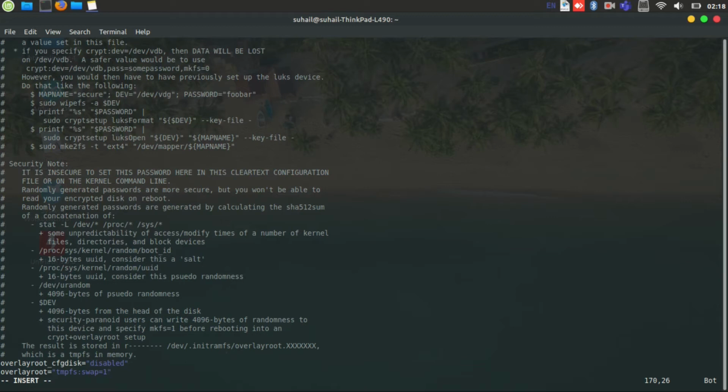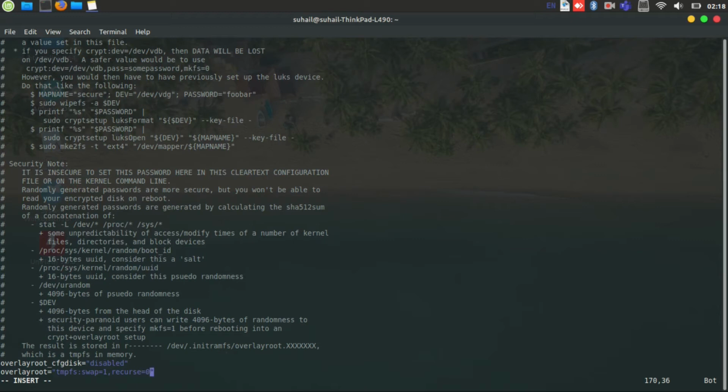And the last thing that we need to do is put the data partition in read-write mode. By default, overlayroot puts all the partitions in read-only mode. So for that we need to type recurse=0, so that we can put other partitions in read-write mode and only the root partition in read-only mode.